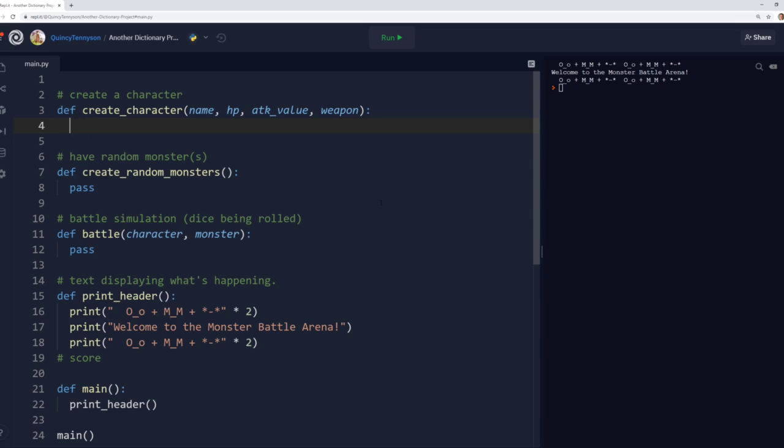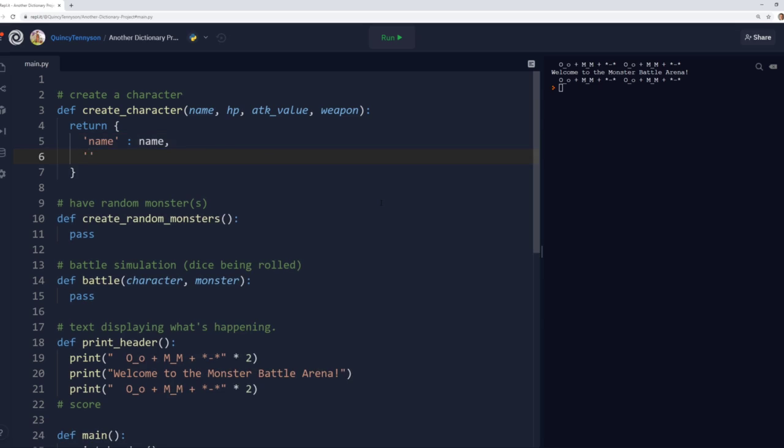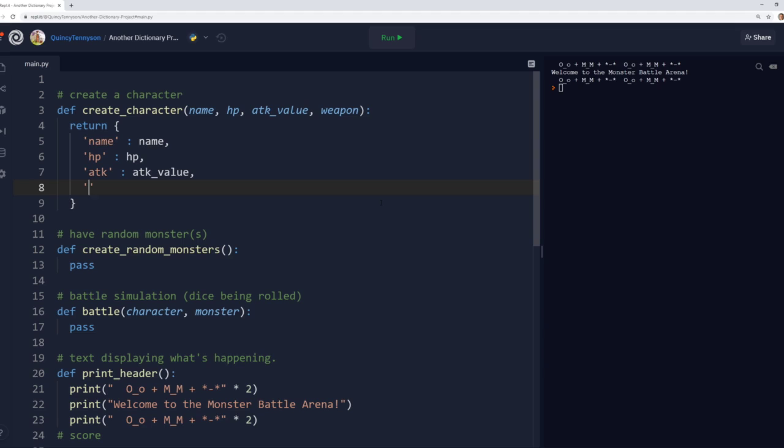And then what we'll do is we'll say we're going to return a dictionary where the character's name will be name, the character HP will be HP, and the attack will be attack value. Just a little bit of difference there. And then weapon will be weapon. Now this is very similar to another Python tool and fundamental bit of knowledge called a class, but we're not going to really get into that until the spring, so we'll just stick with this for right now. Alright, so I'm creating a character,